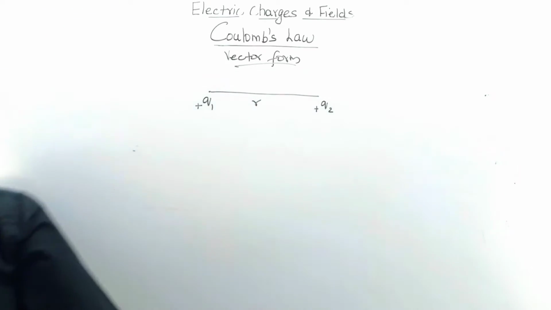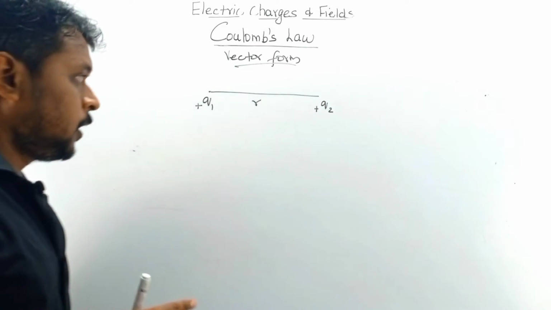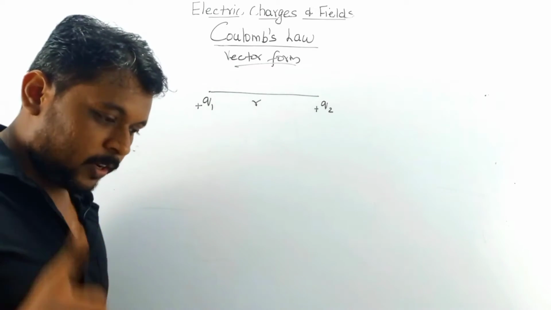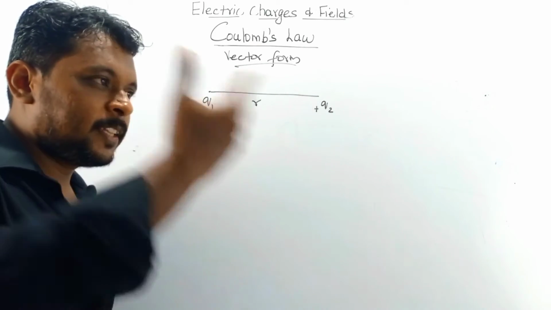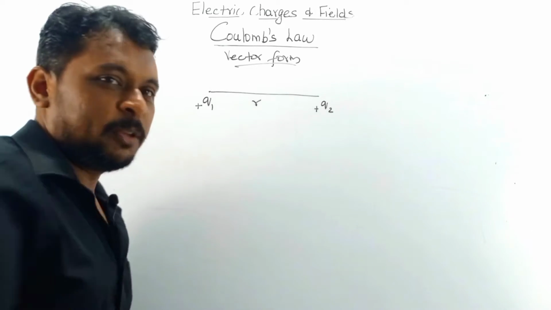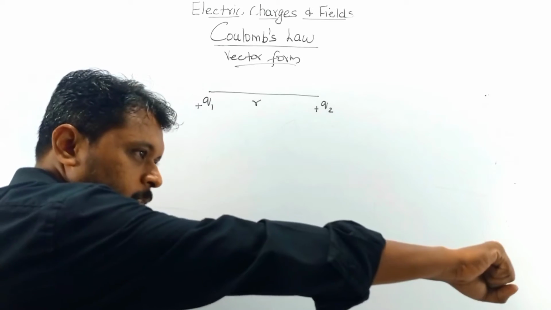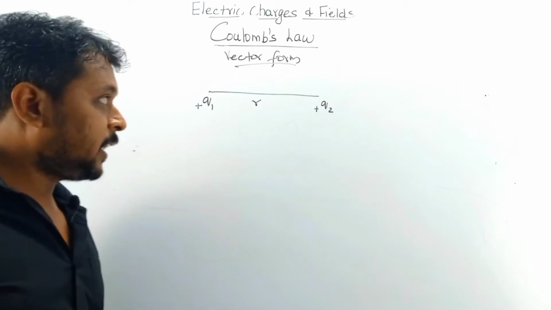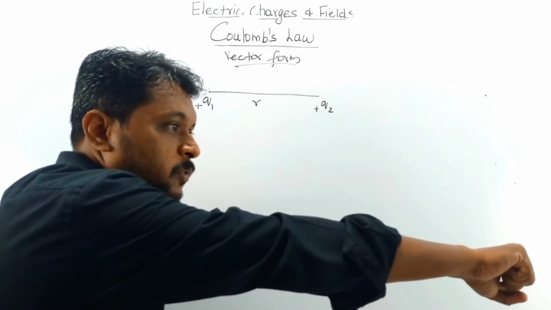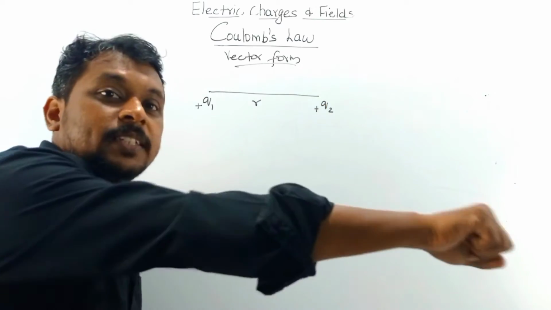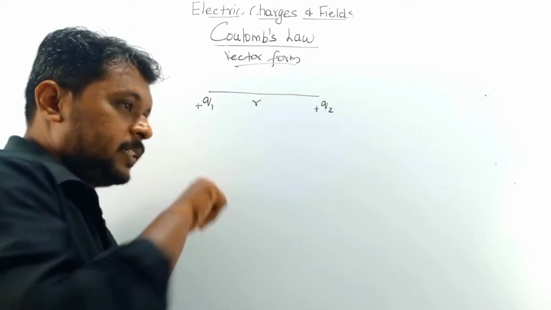Okay. Now see that. Let us consider me as Q1, charge 1. Imagine that a duplicate of me is standing nearby. If I am applying the force, I can apply the force in this direction. See, the force applied by me standing here, Q1, is in this direction with respect to Q2. This direction. The force applied by Q1 is in this direction.